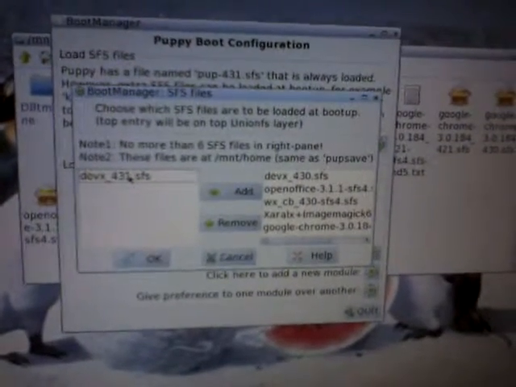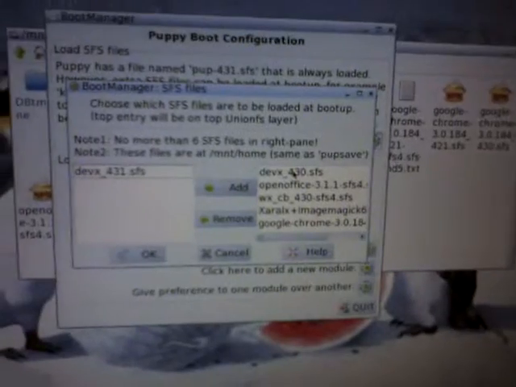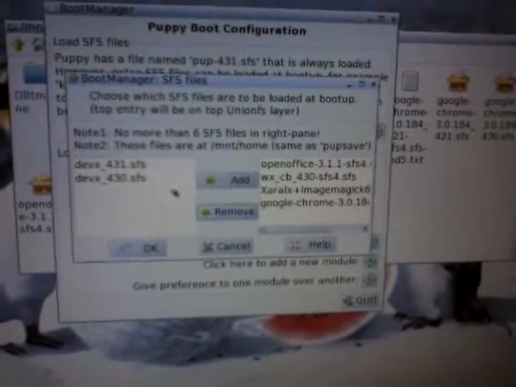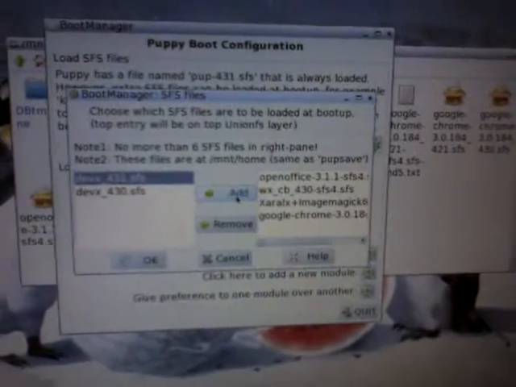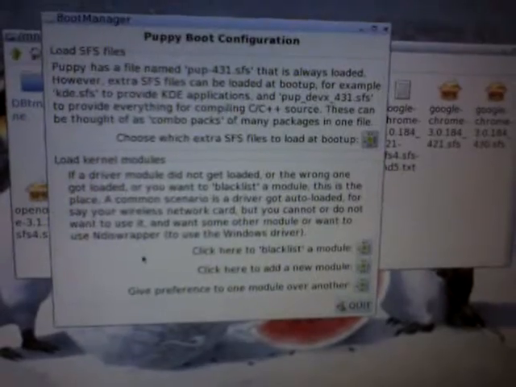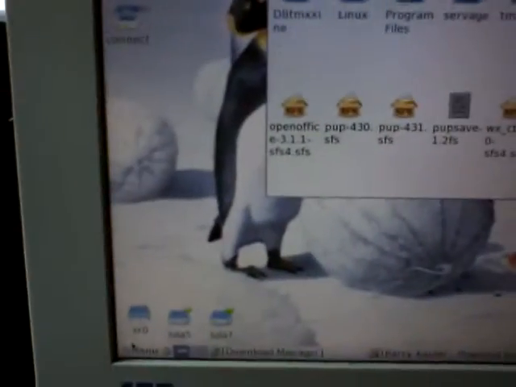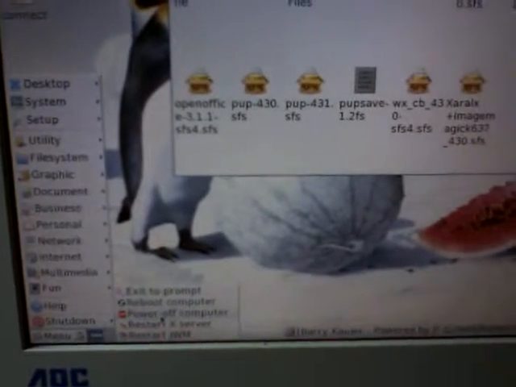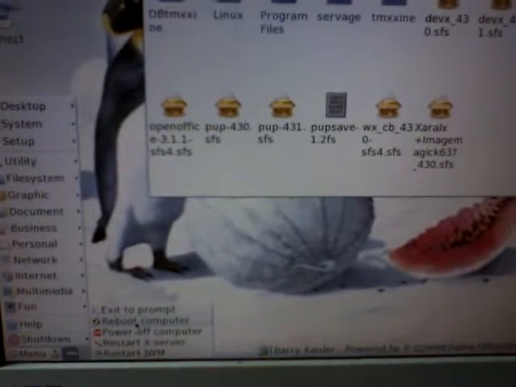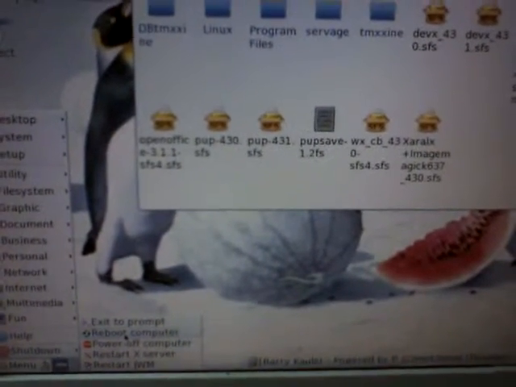I'm using an earlier one, so what I could do is remove the old one, remove, and add the new one, add. Then I click on OK, and now I'll quit on that. And now if I go to menu and reboot computer, I need to reboot to get the flash files to work. I will then have